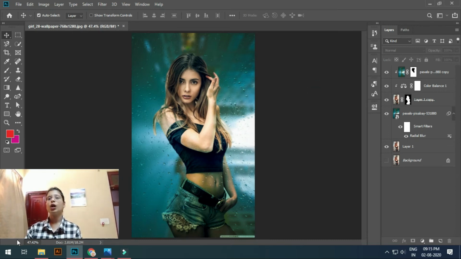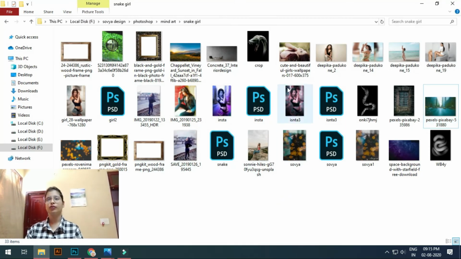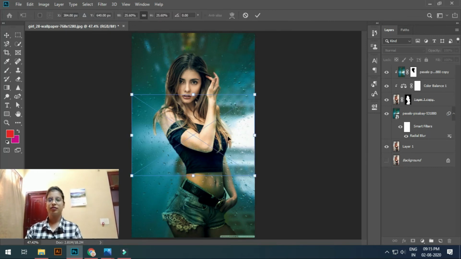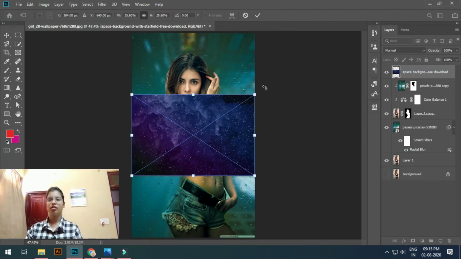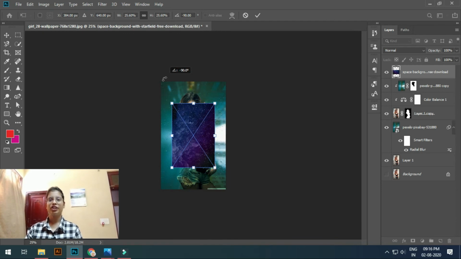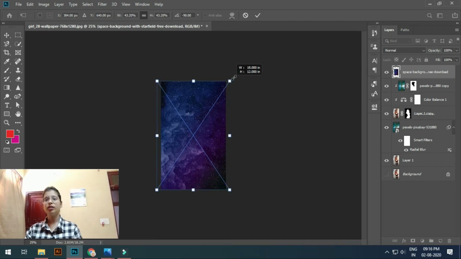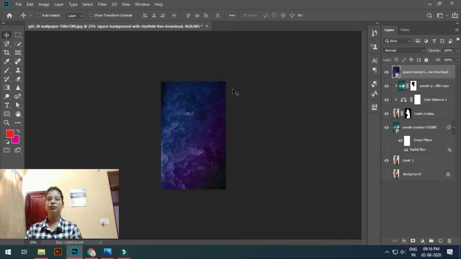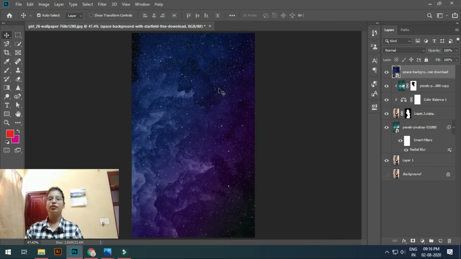Okay, now you have to drag one image for the best. Again Control minus, Shift plus Shift for dragging, Alt for zoom, and Control plus for fit on window.